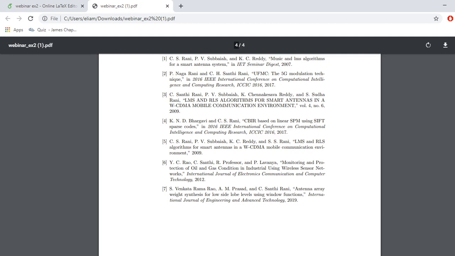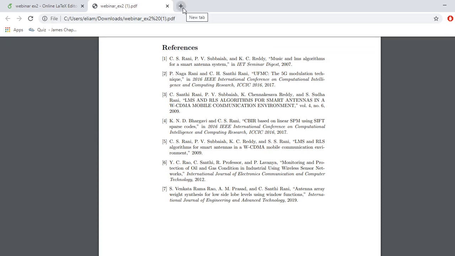Okay, so in this way LaTeX is a very powerful tool, and you need not learn all the commands directly. What you can do is open another window, another tab, and there you give what is the command that is used for writing equations in LaTeX, and it will give you some information. Otherwise there is an Overleaf guide. So many tutorials are also available, and you use this software, and you can prepare a very good and beautiful document without much effort. So with practice you will get mastery over the entire software.